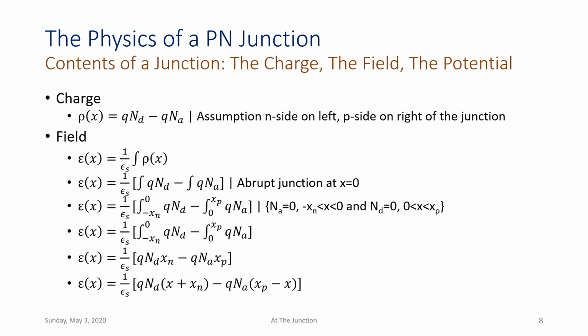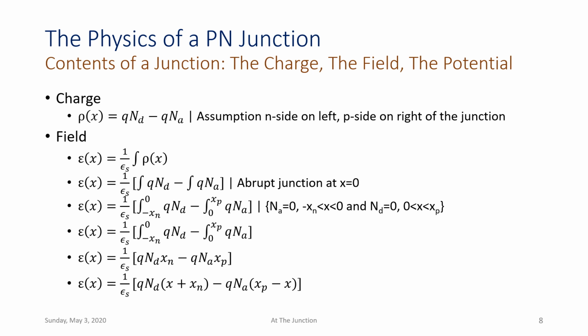So once we put the expression of rho of x, we get the electric field equals 1 divided by the permittivity of the semiconductor times the integral of Q N sub D minus the integral of